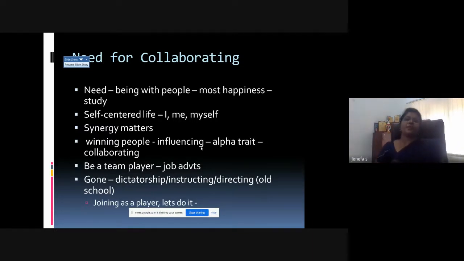Collaborating is all about mingling with people, sharing knowledge, sharing ideas and thoughts and emotions with people, right? That we need to remember. It will make us happy. It will enhance our emotional and mental health also, right? We need to understand that. At least for that, we need to understand how to collaborate. We should keep our mind and heart open to collaborate with other people, and we should make our students also